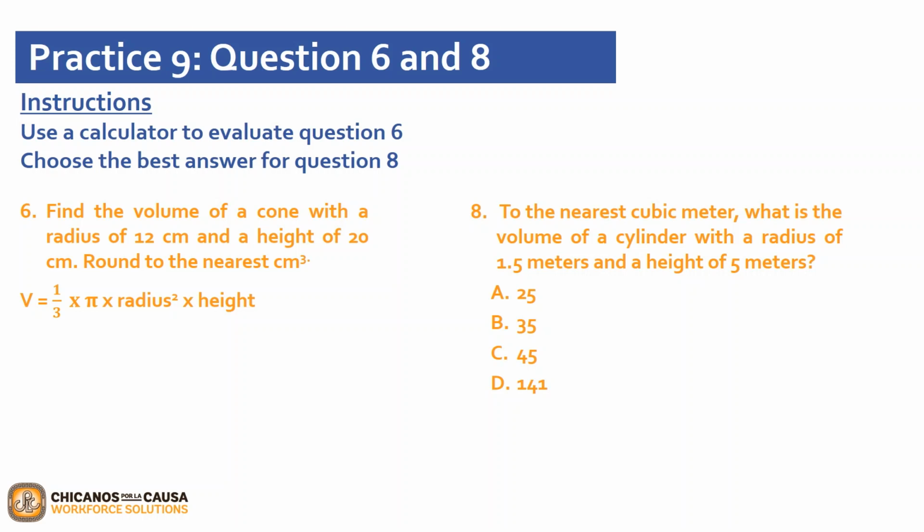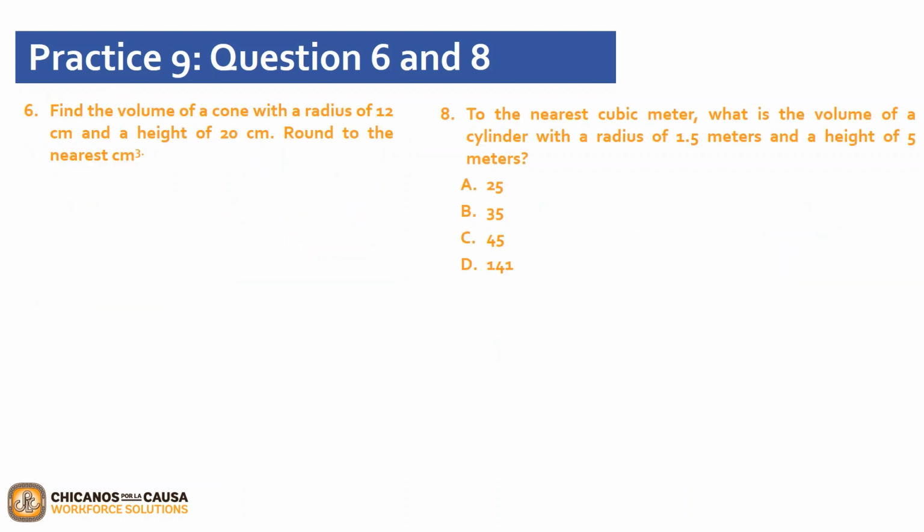Let's look at question 6. For question 6, we are being asked to use a calculator to evaluate and to find the volume of a cone. So question 6 reads, find the volume of a cone with a radius of 12 centimeters and a height of 20 centimeters. Round to the nearest cubic centimeters. So first off,